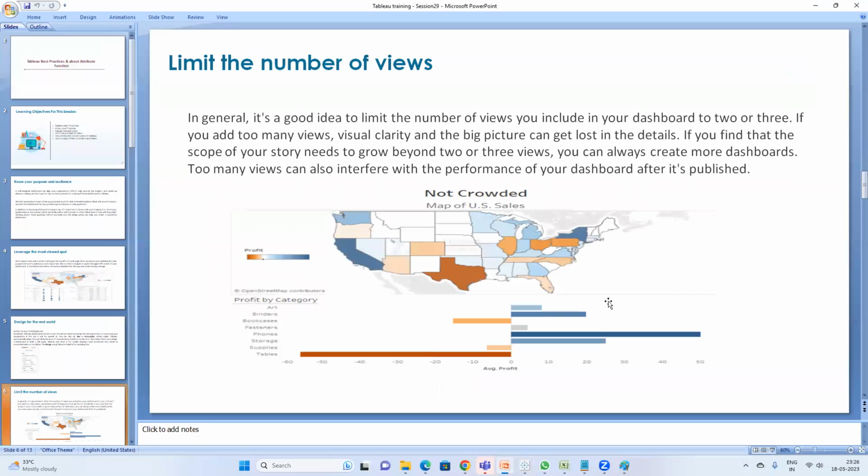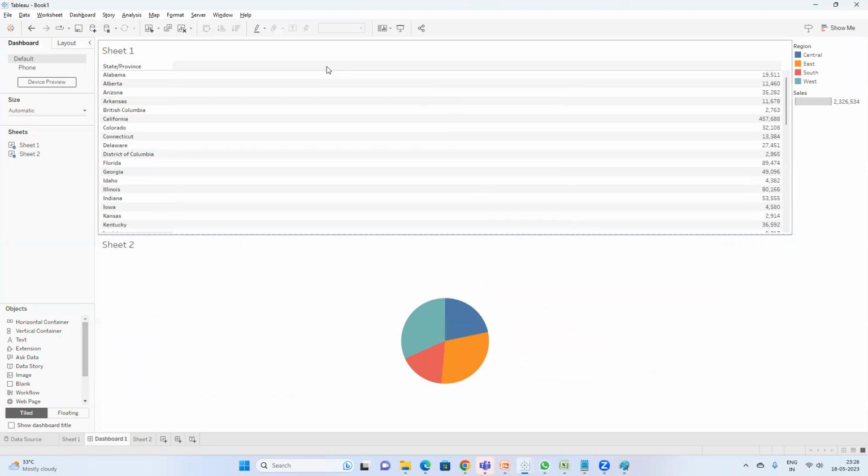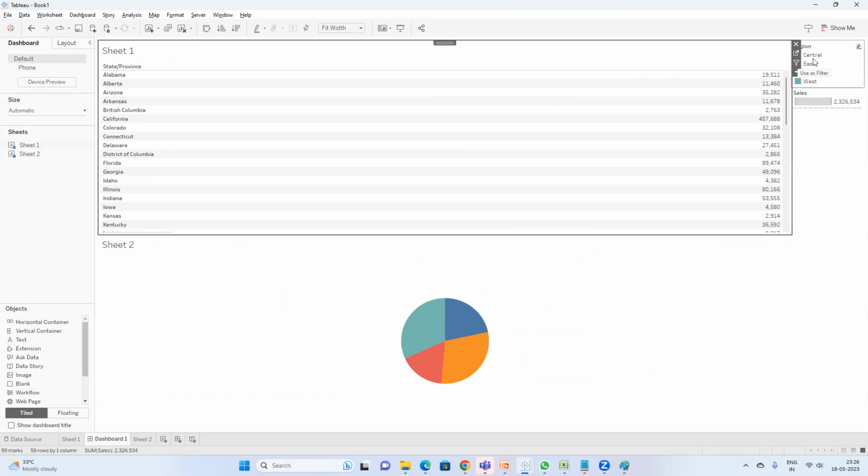and limit the number of views. Whatever dashboard we create, there has to be a purpose for creating each and every worksheet. Whenever those worksheets are being created, we need to use the real estate as simply as possible. Why? Because there are other ways we can do this. Currently I'm showing state-wise sales, and